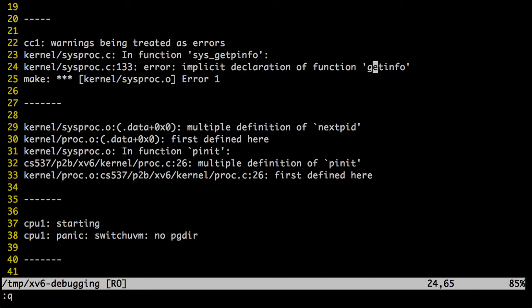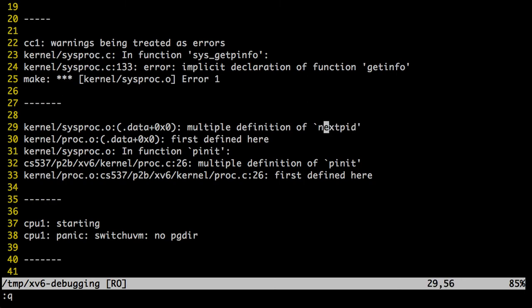So if you have a function in one file and you want to use it in another file, the way to do this is you have a header file in which you put the signature of the function, and then you include the header file in both files. That's how you communicate. If you don't do that, you will get an error like this, where it says, you have implicitly declared this function, I don't know where to find it. Okay? So that's one class of error that we saw.